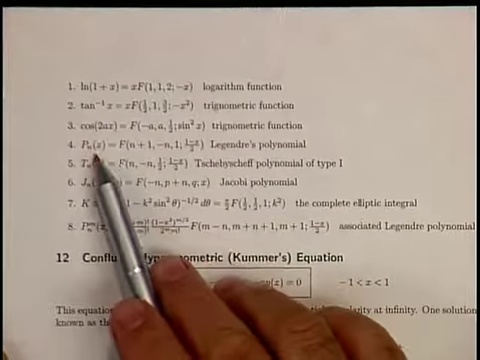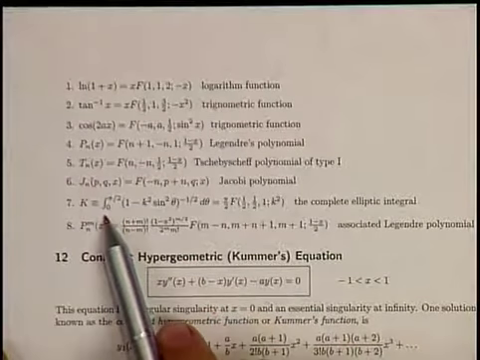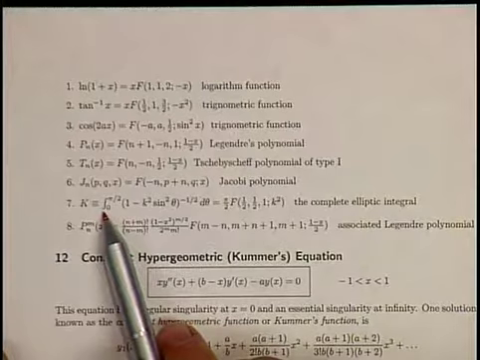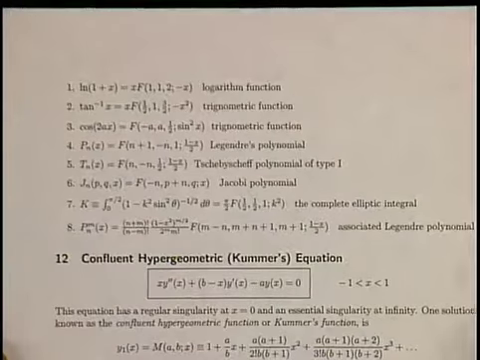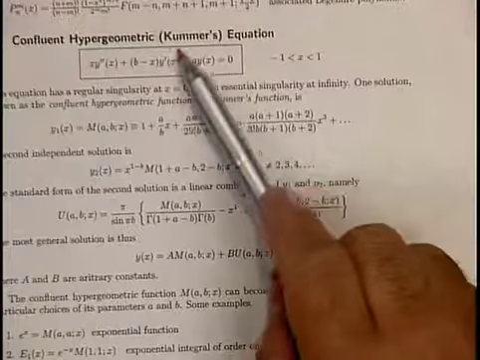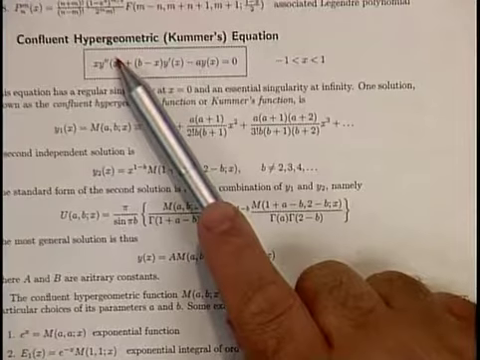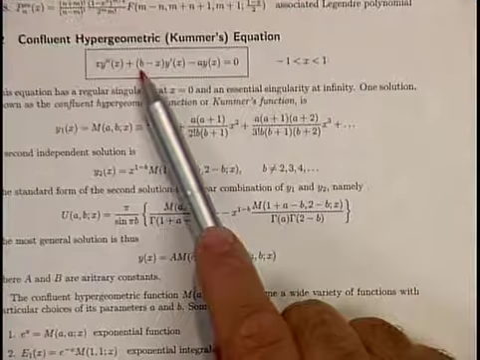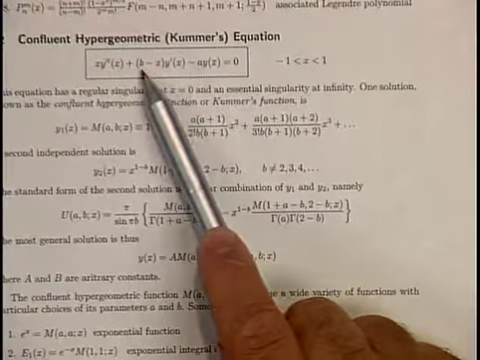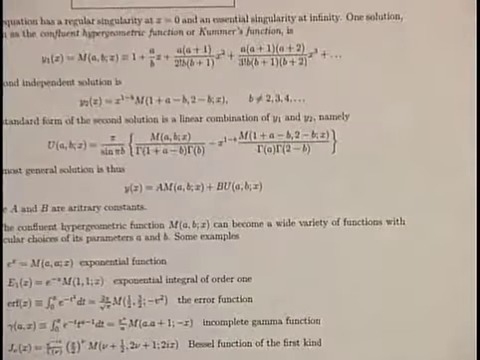You will see here the cosine, here is the Legendre polynomial, here is the Chebyshev, here is the Jacobi, this is the complete elliptic integrals, for example, and this is the associated Legendre polynomial. So it's a very important function, the Gauss or hypergeometric function. Another function here, investigated by Kummer, is called the confluent hypergeometric function or equation, and this equation has how many parameters? It has a and b, and usually this equation has a regular singularity at x equal to 0